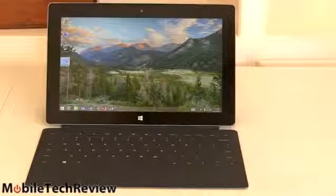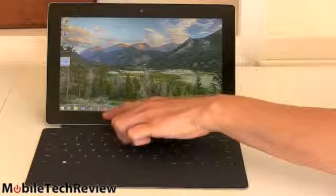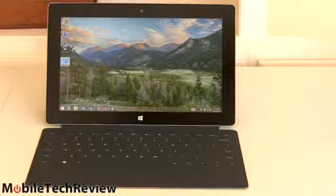You do have access to the Windows desktop right here, and you can see we have little shortcuts right down here in our taskbar, not just to good old IE, and this is IE just like you know on your laptop, but also Word, PowerPoint, Excel, and now Outlook. That's included with the price of the tablet, which starts at $449 for the 32 gig model and $549 for